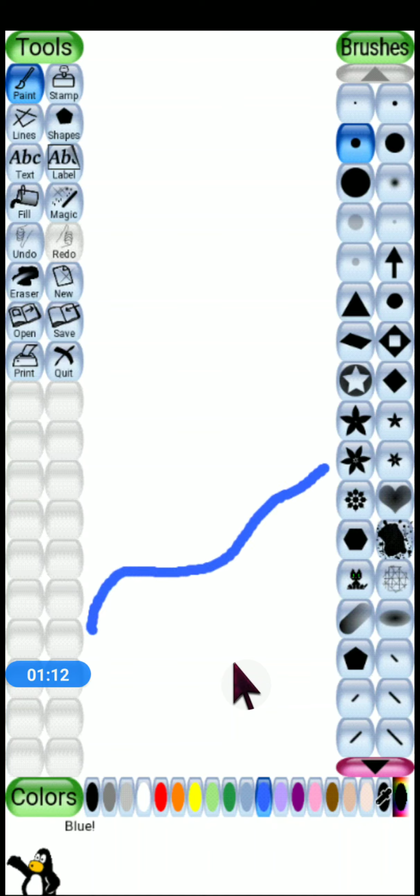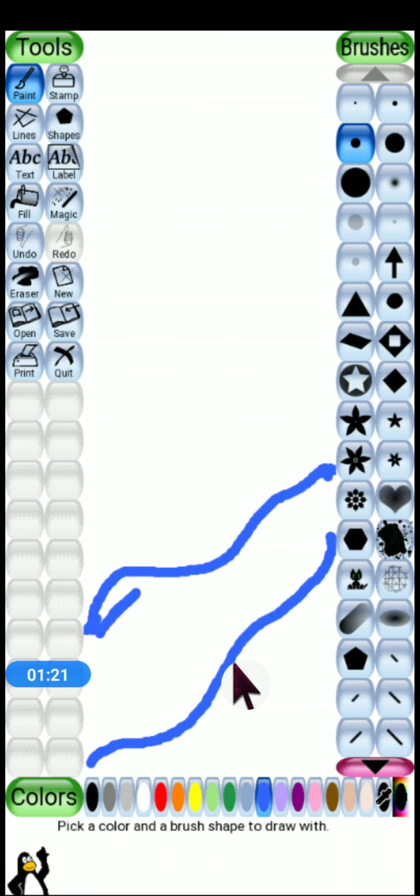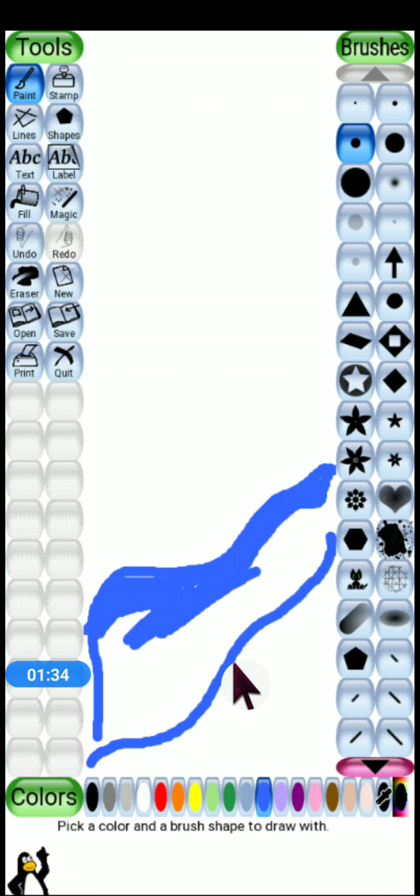I'm sure you are going to make a scenery far much better than mine. Let's fill it with color. I'm sure your scenery is going to be more beautiful than mine, far much.